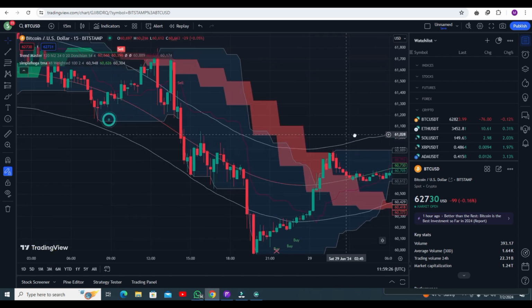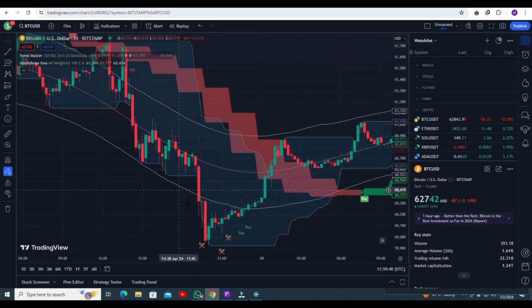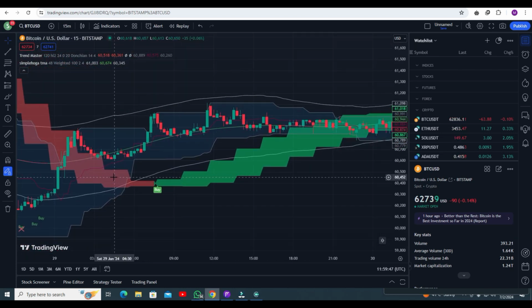Let me explain some strategy. You can see the trend master is upside from the middle line, at a very big distance from the middle line, so you have to follow the sell signal, this one, and it gives you some awesome profit here. Although these buy signals also give you profit, I am telling you that you need to follow only the exact signal, or you can say a very perfect signal.